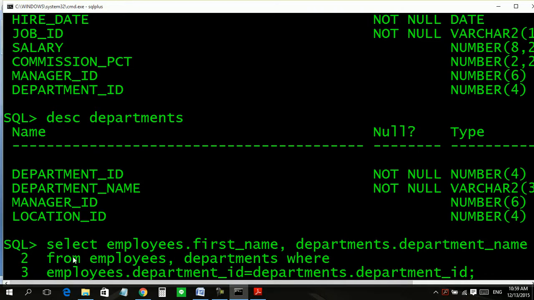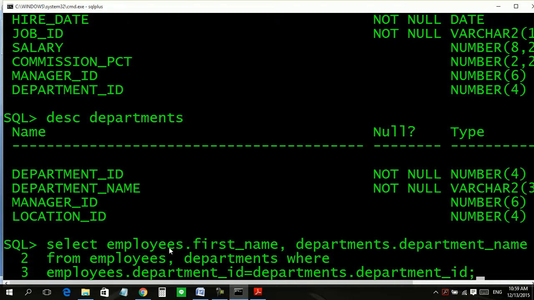Good. Look what we have done. You may feel that it is a very big query, but it is not. It is appearing big because these names are big and my font is also big. Otherwise it is a single line query.